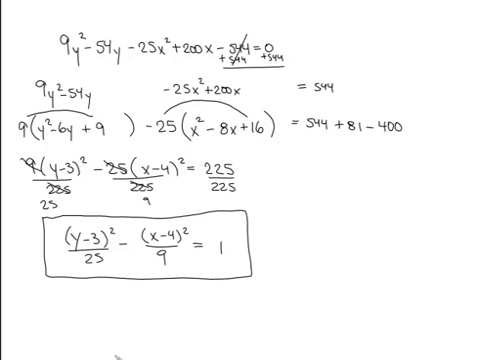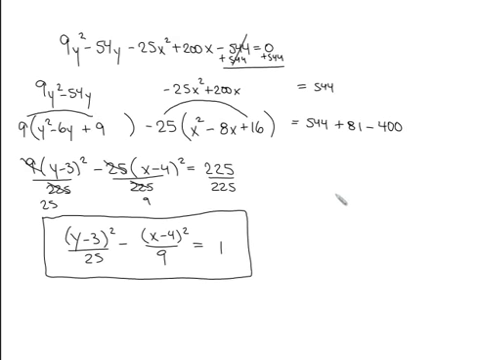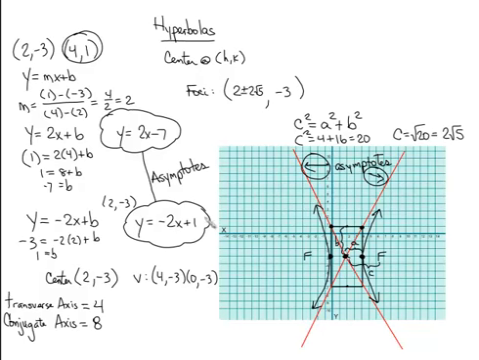Okay, the last one I want to talk about is one of the reverse engineering ones, and then we'll call it quits. The vertices are at plus or minus 4, 0. The eccentricity is 2. So let's go back to this one for a moment. Sorry, this one. The eccentricity